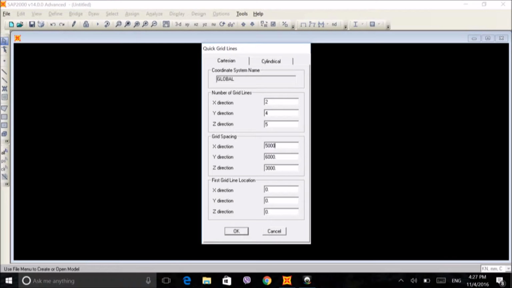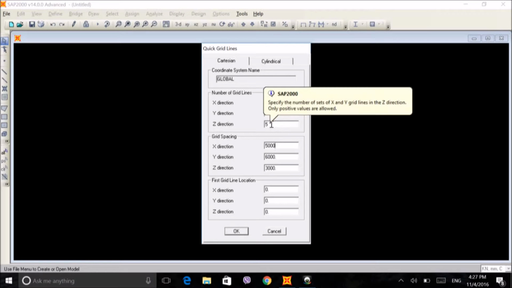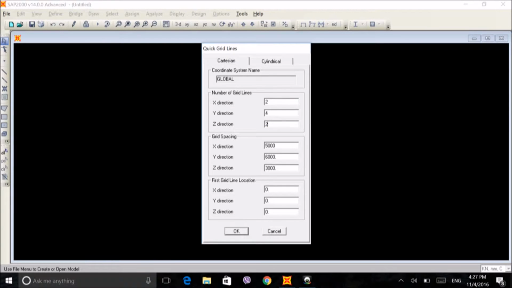That is 5 meters, and the z direction is again 2 grids, again 5000. And we don't need the y direction because we are in 2D, and you must notice that